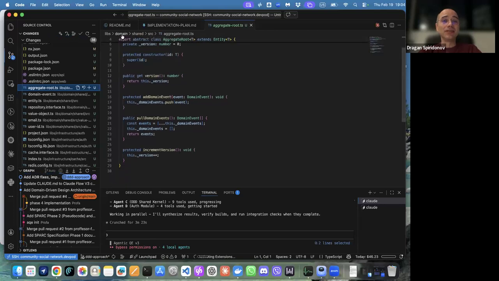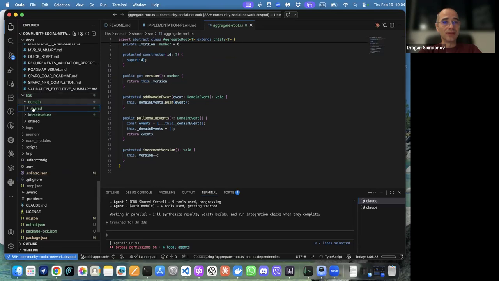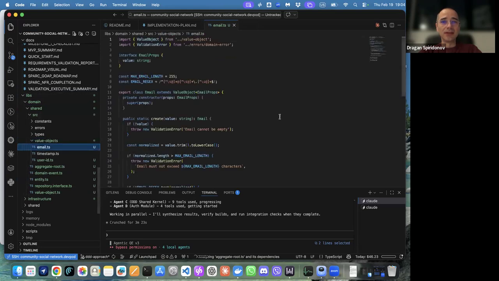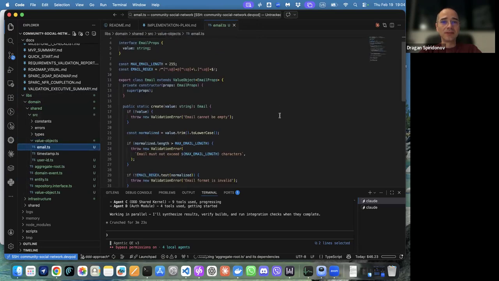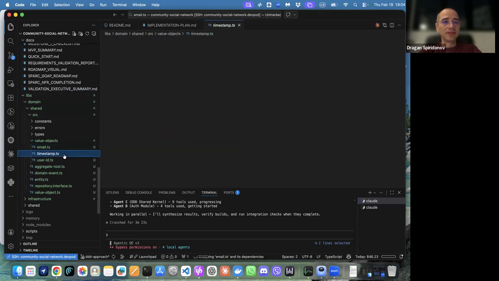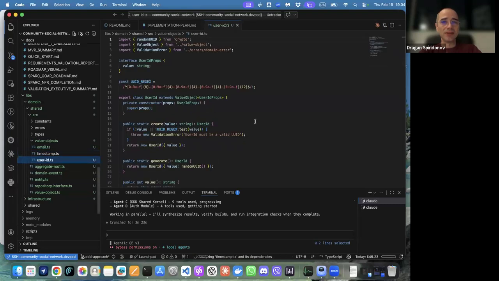So this is in the domain folder, right? Let's see where it is. Okay, so we have the shared domain with value objects: email, TypeScript, timestamp, user ID.